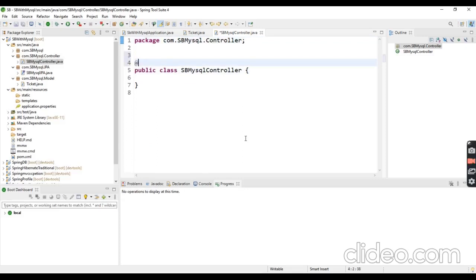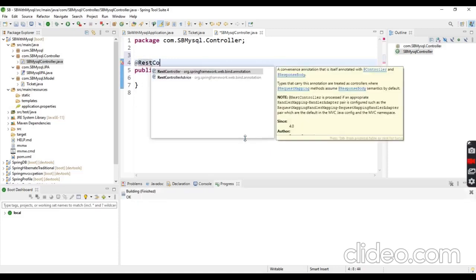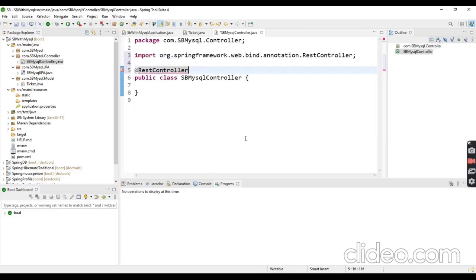Okay, I am going to annotate this as @RestController. So whenever a Spring Boot application sees the @RestController annotation, it simply recognizes this as a controller of our Spring Boot application.